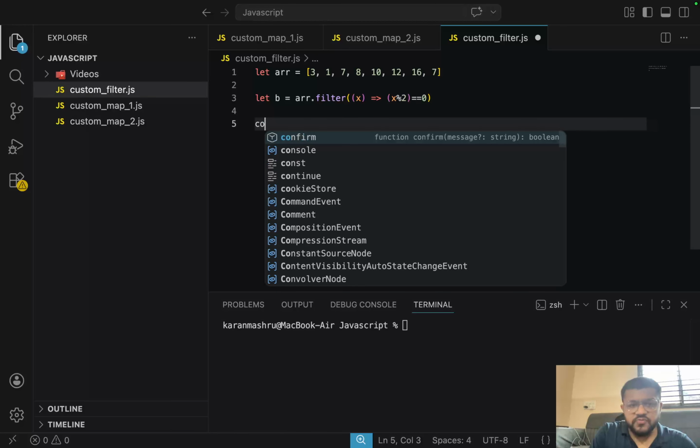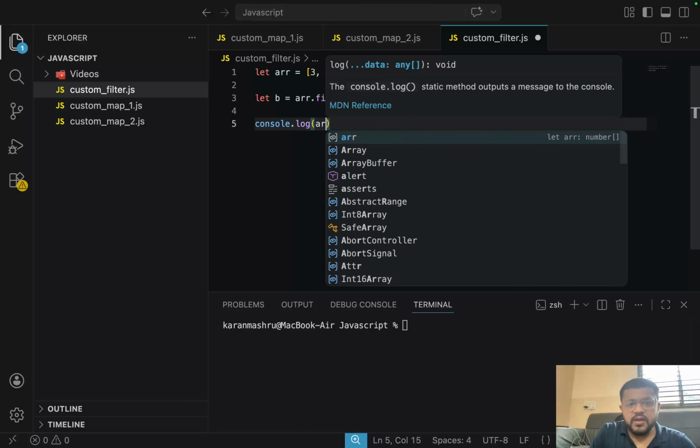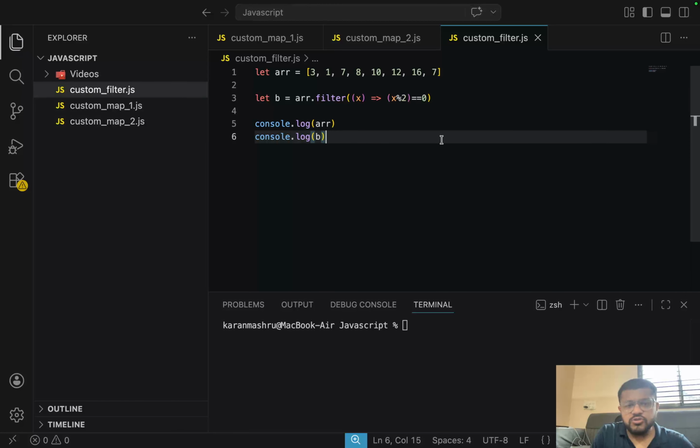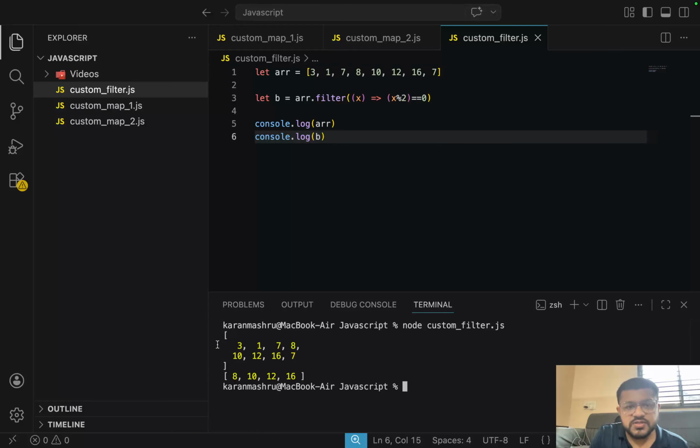Okay, so if I console log a and console log b, this is our original array A, where you can see we have got the elements 3 1 7 8 10 12 16 17. And if you look at the array B, we have got only even elements, so we have not got 3 1 7 and the last 7.